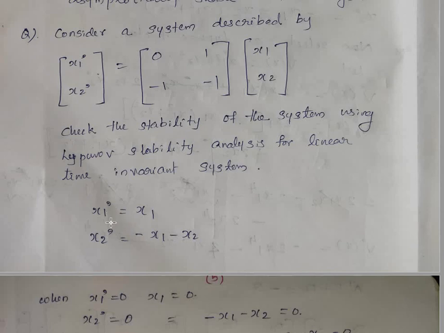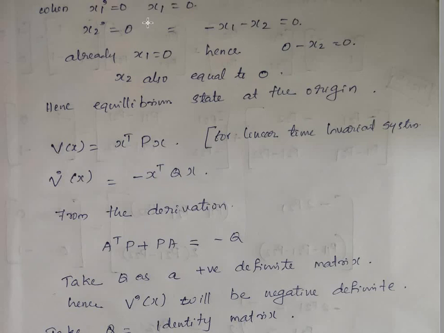So we can write the state equations x1 dot and x2 dot for this system, and we can find the equilibrium state of the system. For finding the equilibrium state, you have to equate the derivatives of the state variables, that is x1 dot and x2 dot, to 0. When x1 dot equal to 0, that means